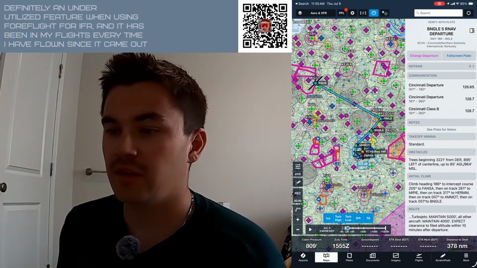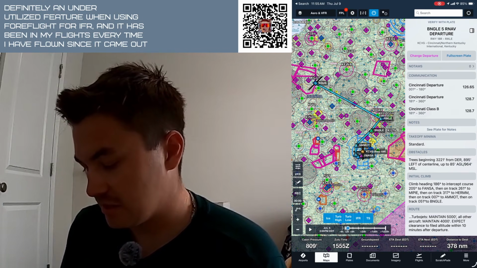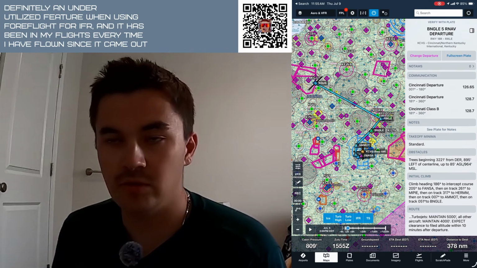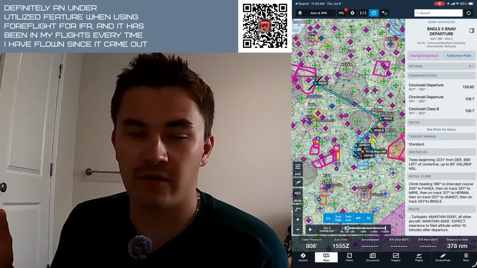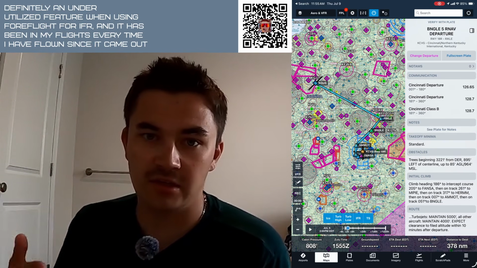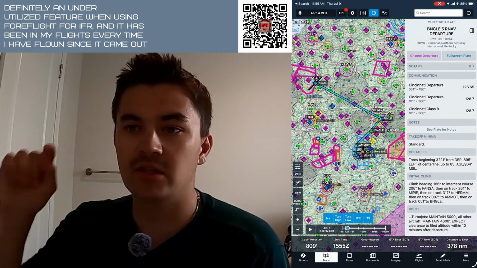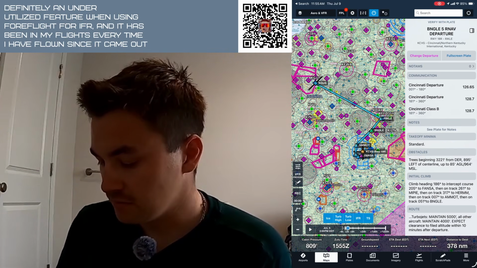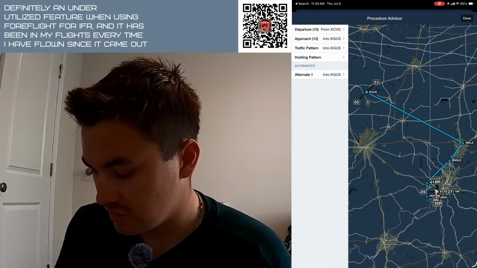So it's something that I think people may or may not understand until they actually need to use them. But this is something that is definitely worth using if you do have this update for Foreflight, because what this allows you to do is brief everything now from your STARs to your SIDs to your approaches all in one thing. And you can preload it in here to where all you've got to do is click the next thing and boom, move on. So if I were to show you what the arrival looks like now for here,